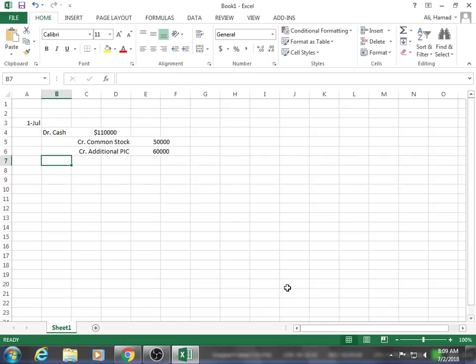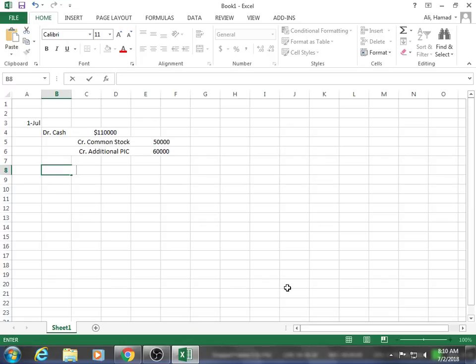All right. So this is July 1st. Is that everything on July 1st? Nope. We still have one more on July 1st. It says: issue 500 shares of common stock at $11 per share for services rendered in connection with the organization of the company. So what do we call those? Organization costs, or legal fees if you want to call it. Expenses. So we're going to debit